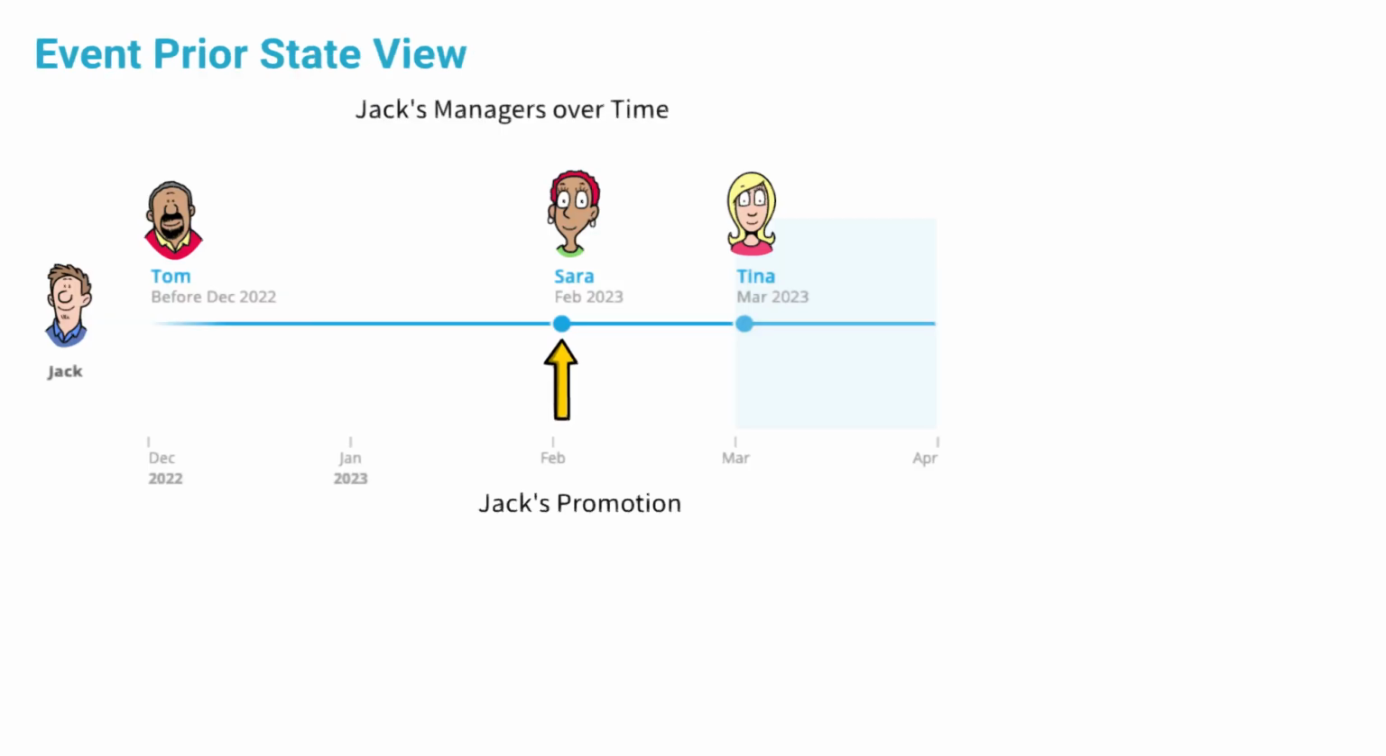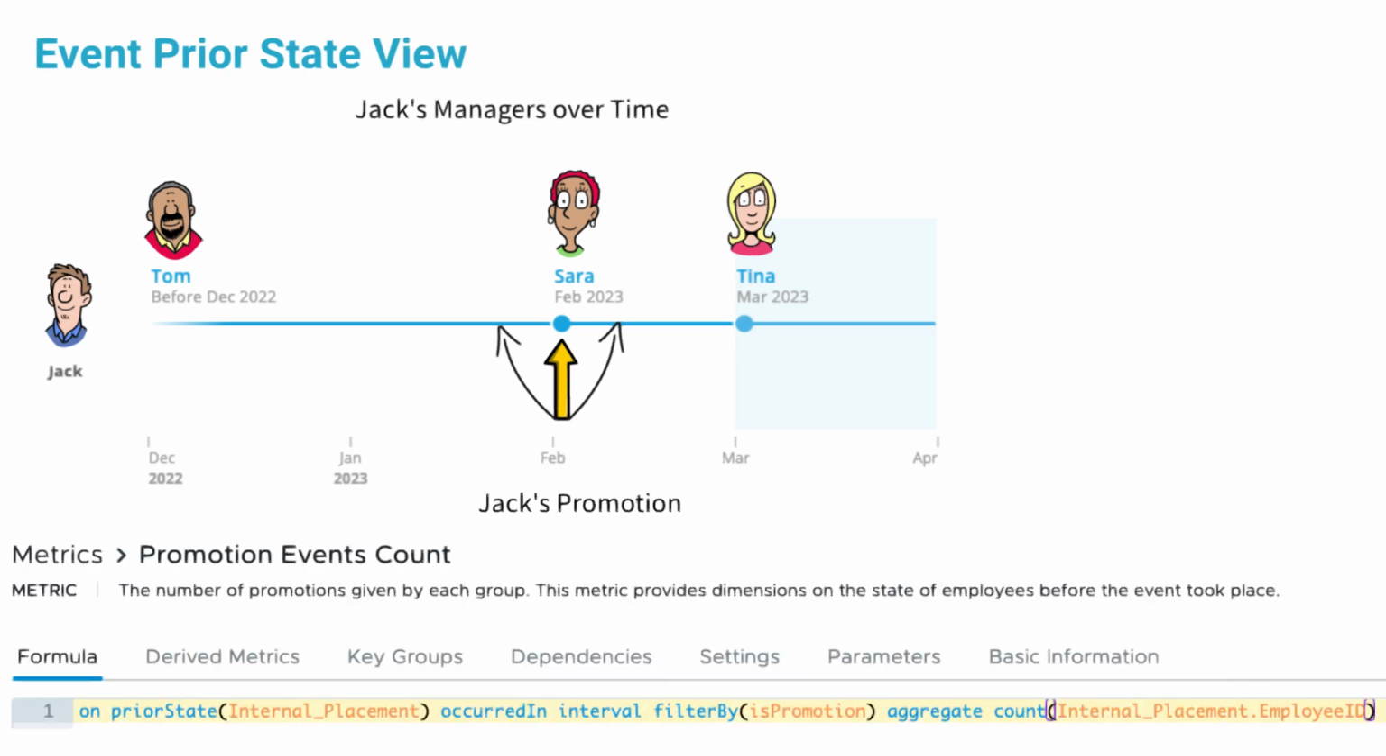Jack was promoted in February 2023. Before the promotion, Jack was reporting to Tom. After the promotion, Jack moved to a new role under Sarah, his new manager. Now let's say we want to calculate how many employees reporting to a male manager were promoted. If we were to evaluate the promotion event using the state after the event, we would incorrectly attribute the promotion of Jack to Sarah. However, using prior state, the promotion is correctly attributed to Tom, the manager at the time